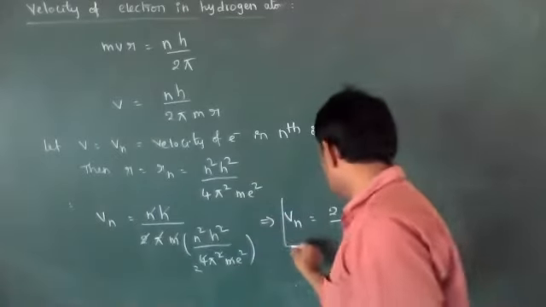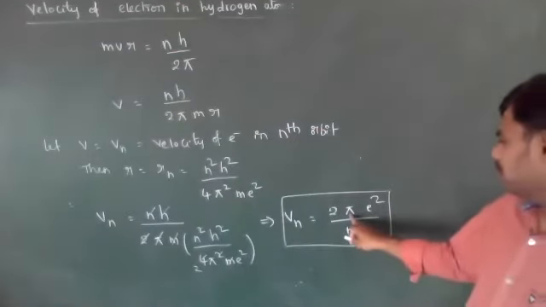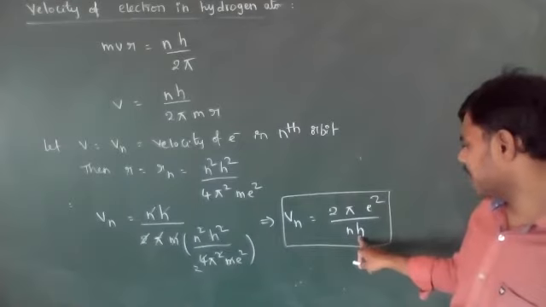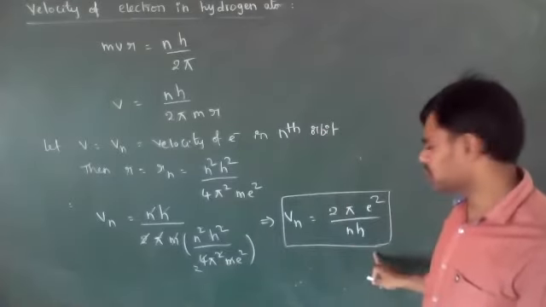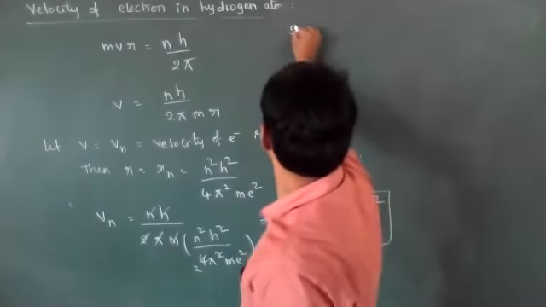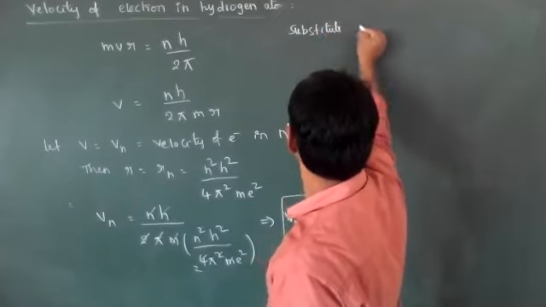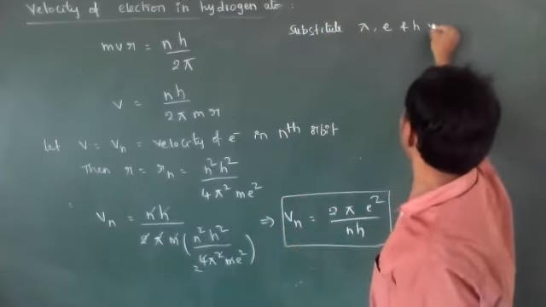This is formula 1. So in that, e means charge of electron, h is Planck constant, pi value is 3.14. Then if you substitute the pi, e and h values,